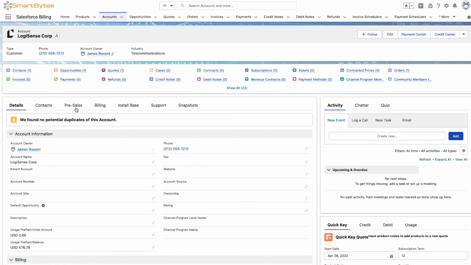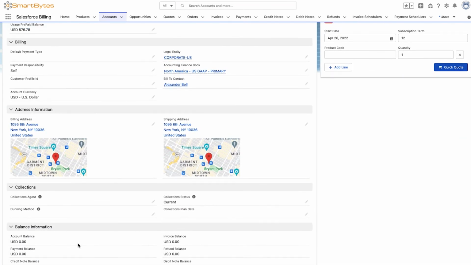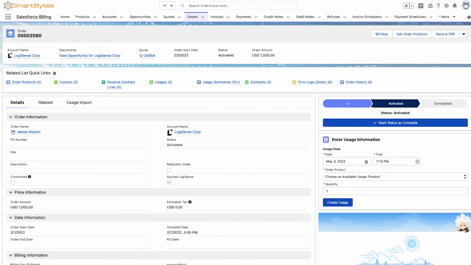Go back to LogiSense Corp. We will now see that we have a balance of 567.78. And now let's go ahead and process some usage. So we can go back to our order and we'll simulate a bill run, and we can see usage summary records be created. So I'm going to go ahead and trigger that next process. Again, that would be something that would be triggered on a recurring basis based on the bill run, what day of the month this account is being billed on, or any other manual triggers. So as we go through that process here,